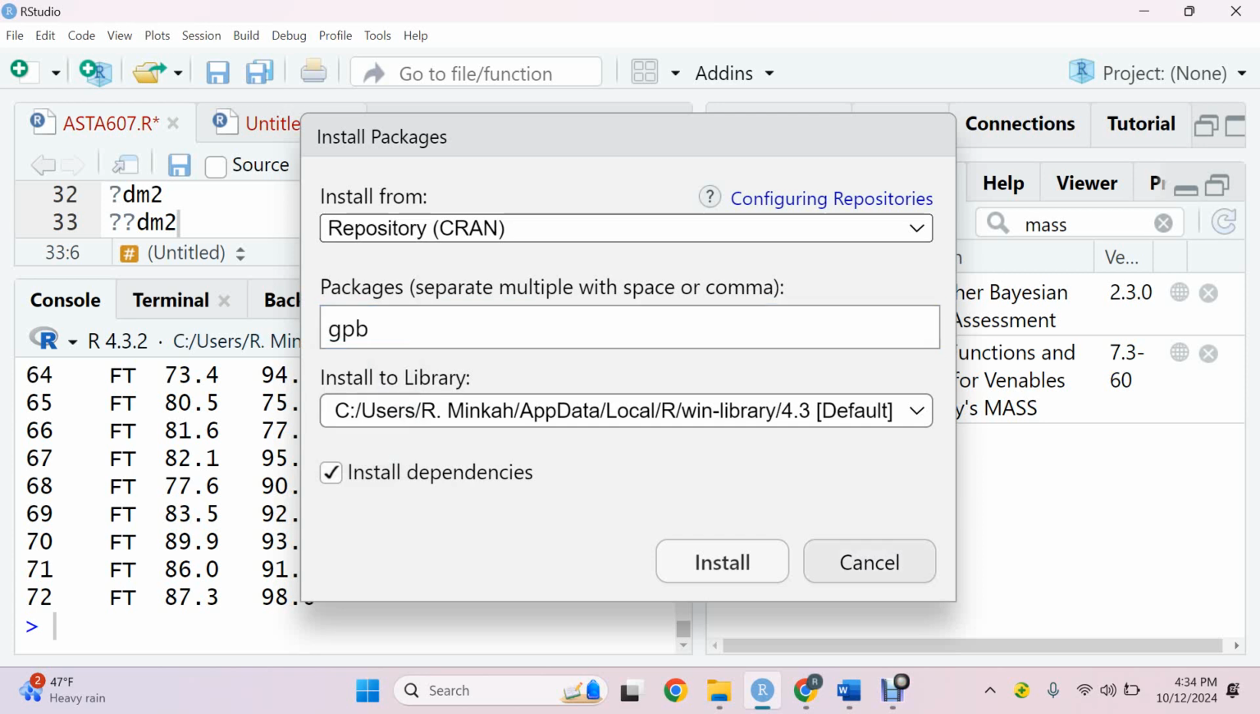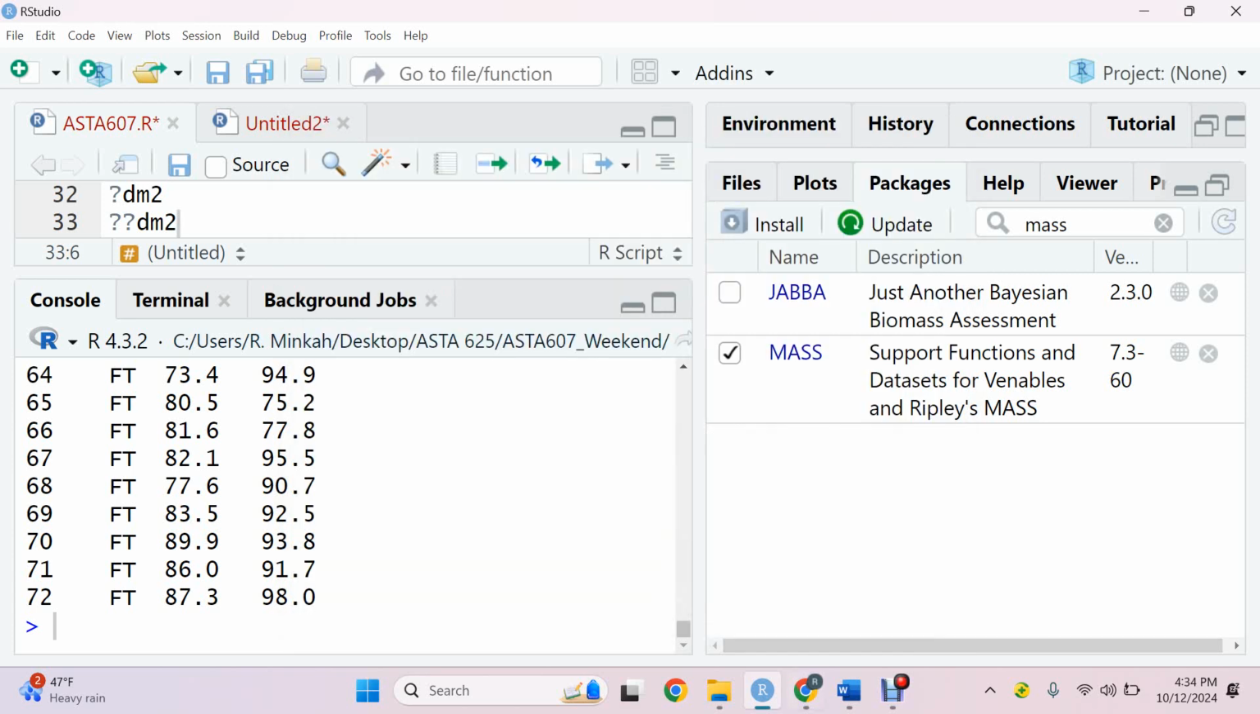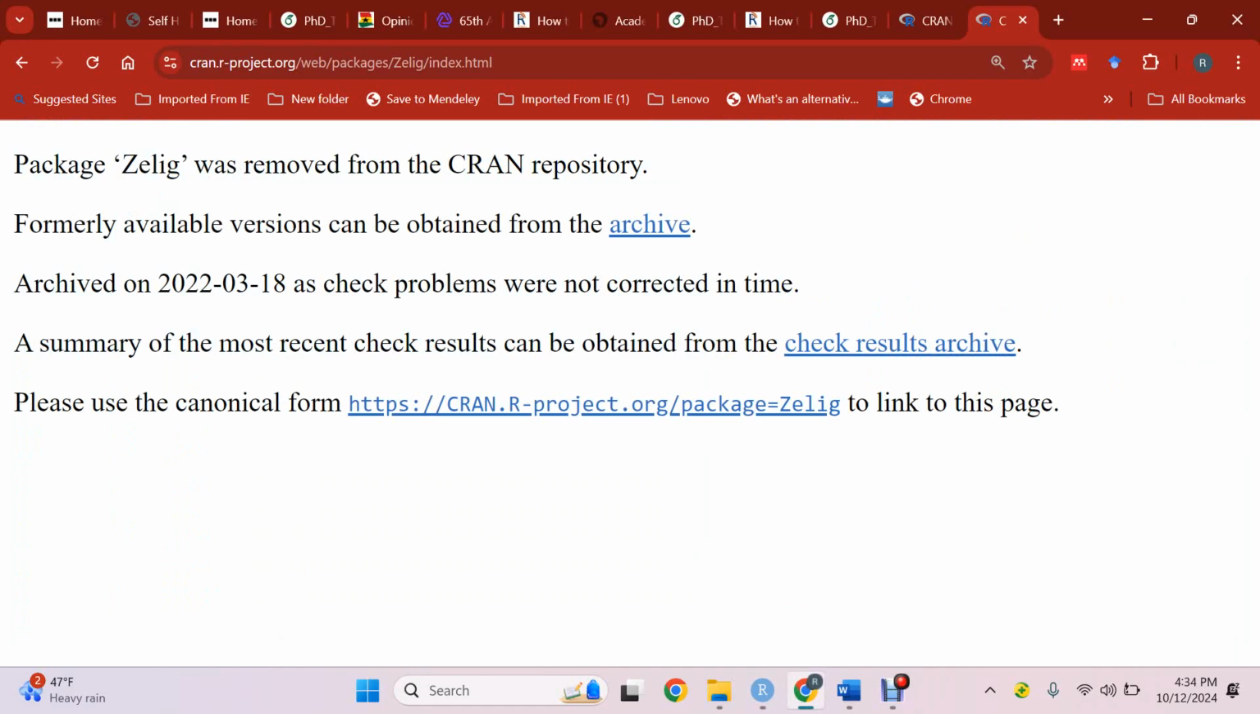So what we are doing: it's not in the R repository. That's why we are unable to install it straight away in R. But I said you can go to Google, or any other search engine, and type the name of the package. So it tells us that this one was removed from the CRAN repository. It is also telling us where it is: the archive, isn't it? And once we click over there,